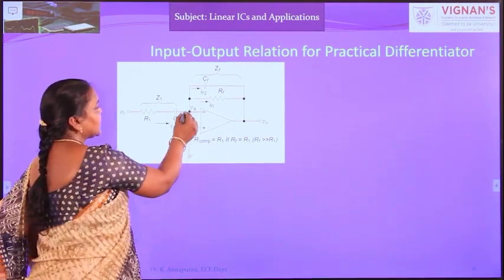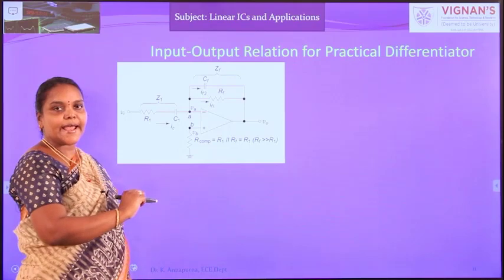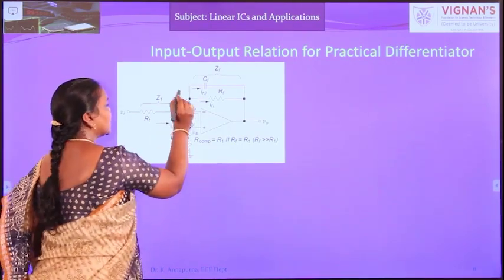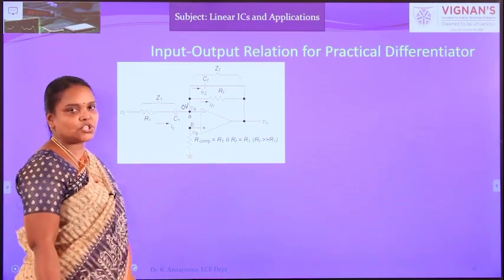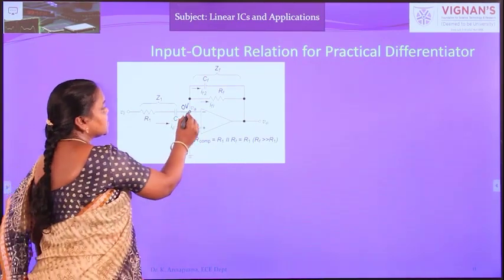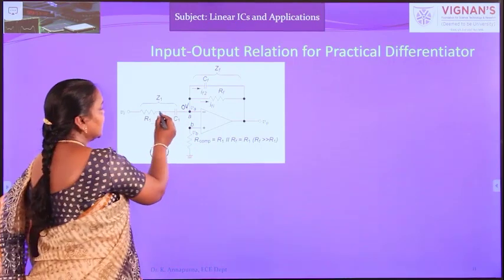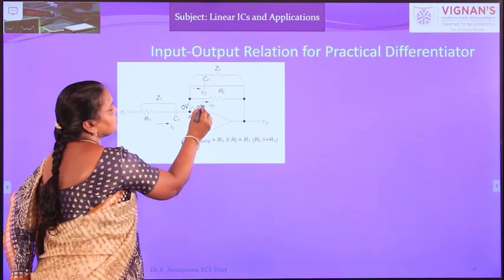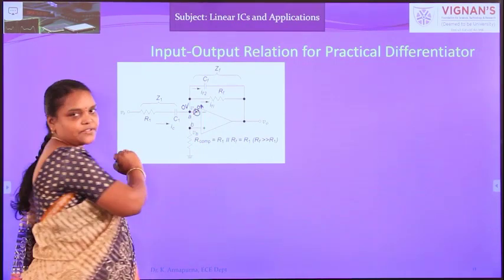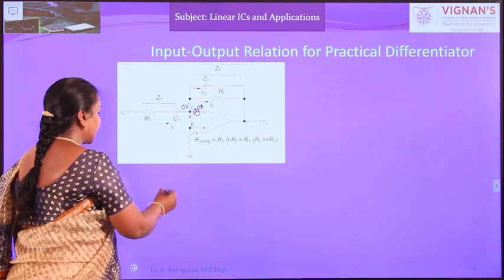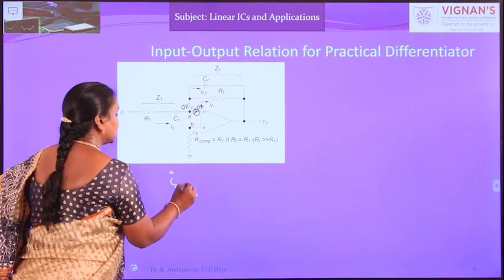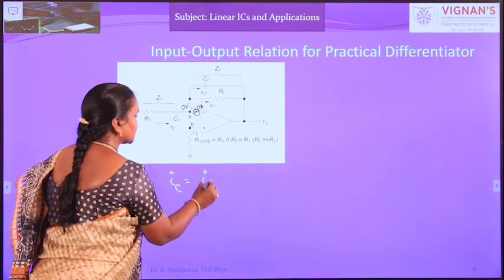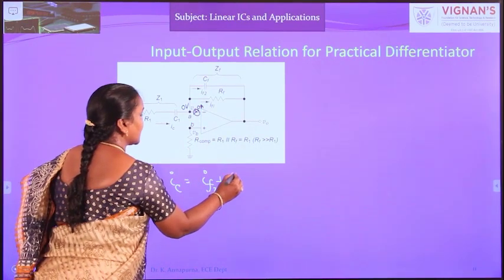Here also we are taking the KCL at the inverting pin, which is at virtual ground. Virtual ground means its potential is at 0 volts. Now how many branches are connecting this node? Actually 4 branches. Of course this current is 0 amperes, so you need not consider this branch. So IC is the entering current. IC is equal to IF2 plus IF1.